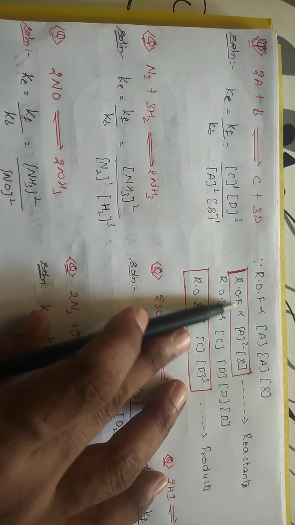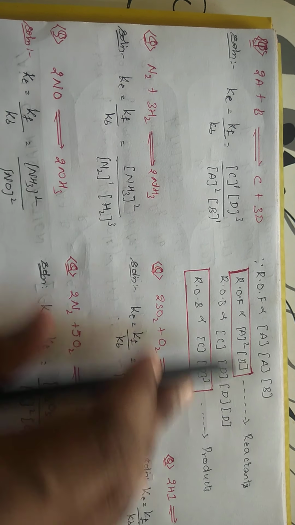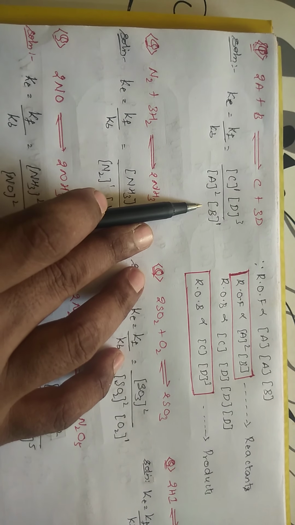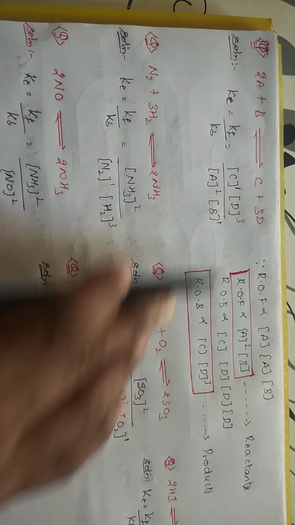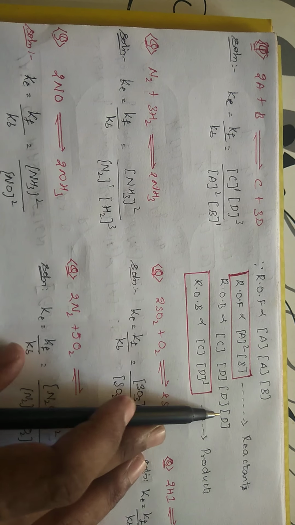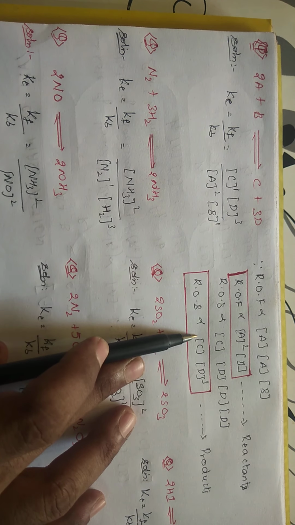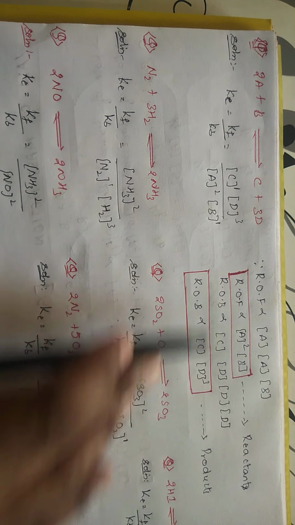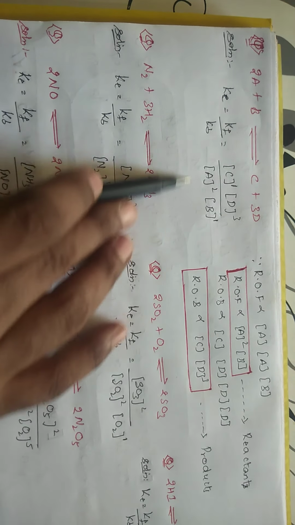So if you keep constant Kf into A square into B, that is what we are getting here, A square into B. These are reactants, right? You will be getting them in the denominator. And if you go for the backward reaction, this is the concentration of C. How many D's do you have? 3 D's, so it is D cube. If you take the backward reaction, this one will be the Kb into this one. So these are nothing but products. So this is the concentration of the products by the concentration of the reactants.